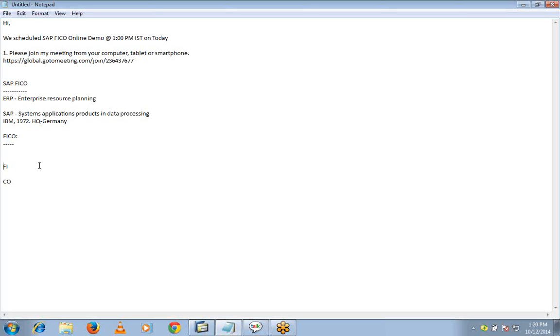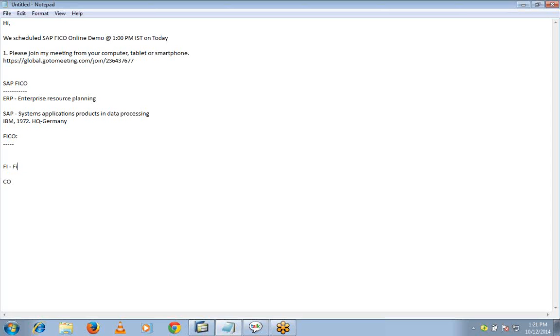So it means that there will be certain departments in the organization. One of the departments is the finance department, right? In the same way, another department is called the costing department. In other words, in SAP it is the controlling module, right? So that part we are clear now. Now we'll take FI first and then we'll move on to CO.